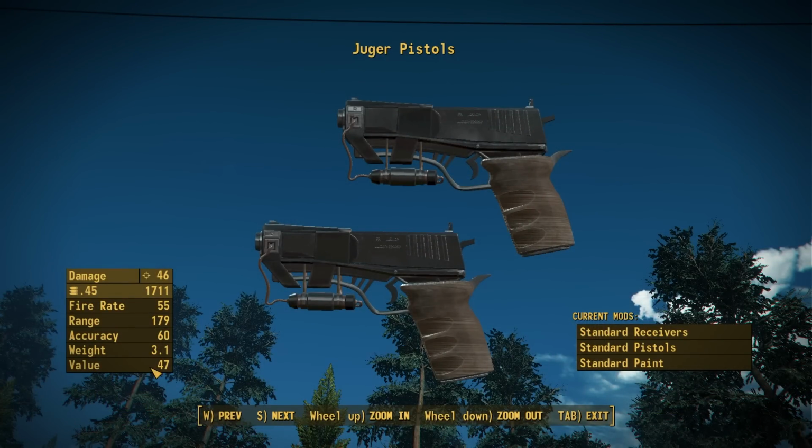Now, of course, for starters, we do need to talk about the stats for this weapon in its standard configuration. There are actually technically two different configurations of this weapon, one where you have two pistols and one where you just have one, and that does actually affect the stats just a little bit. It is going to change some small things. Now, for starters, I think it's a base damage of around 23-ish. This is going to be doubled with the pistol perks. It uses 45 caliber rounds, has a fire rate of 55, a range of 179, an accuracy of 60, a weight of 3.1 pounds, and a value of 47 caps, which is honestly surprisingly low considering this is a unique